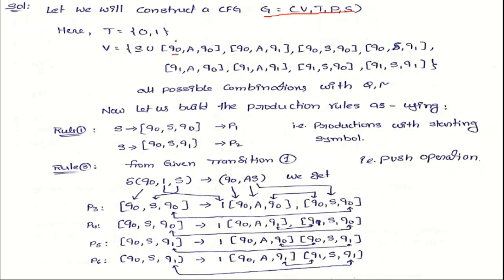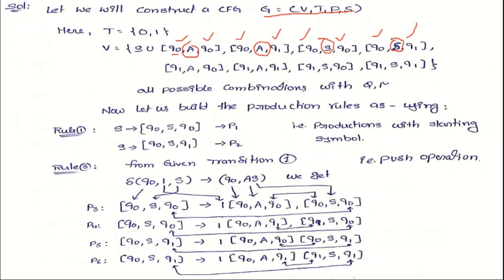So that is Q naught is the current state and next state is also Q naught and the stack symbol is A. For the same combination, Q naught is the current state, next state is Q naught and the stack symbol is S. So these are the two possible stack alphabets. In the same way, Q naught is the current state and next state is Q1 and stack contains A. In the same way, Q naught is the current state and the next state is Q1 and the possible stack symbol is S, in this manner.